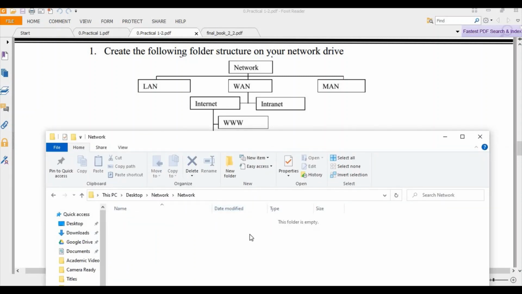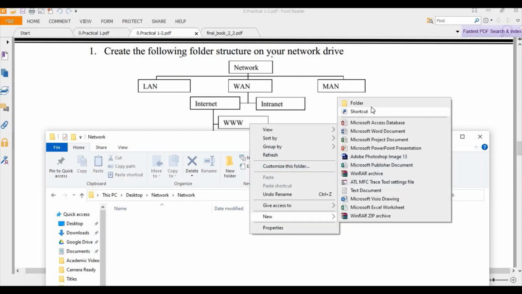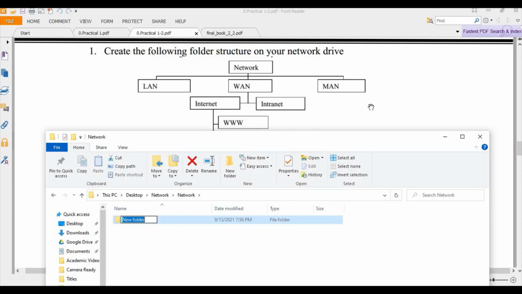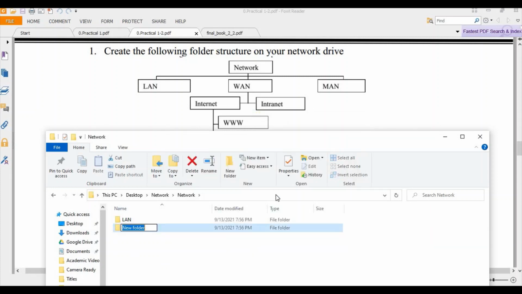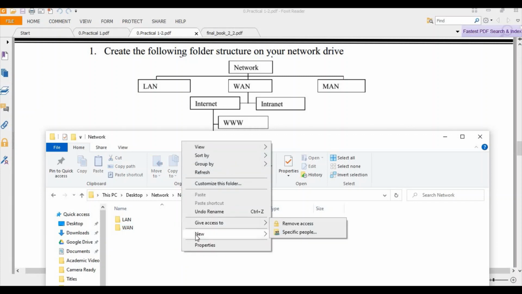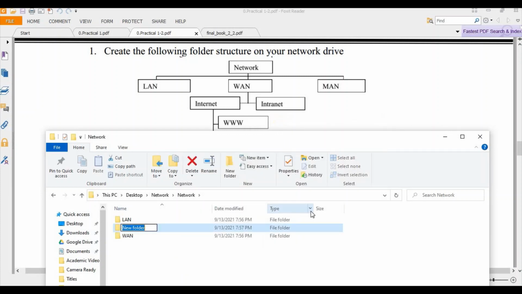Inside the network folder, I want to create new folders, the folder names LAN, then another new folder, folder name WAN, another new folder, folder name MAN. There are 3 folders I have created.